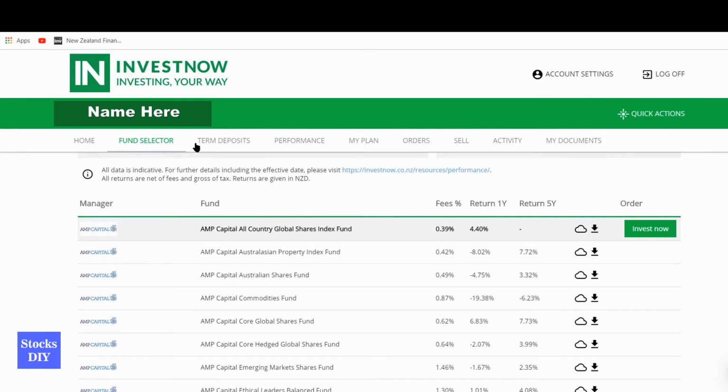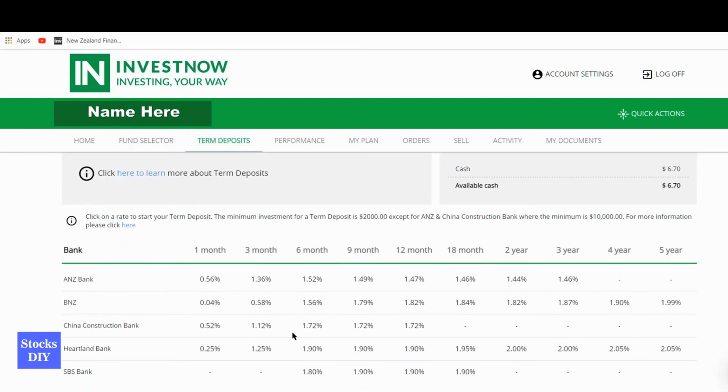Then about term deposits, they have different banks associated with them where you can do a term deposit. You can see here different terms like 1 month, 3 months, 6 months, 9 months, 12 months, and so on, with different percentages. Right now there are 5 banks in Investnow: ANZ, BNZ, China Construction Bank, Heartland, SBS. So this is an easy way if you want to invest or do a term deposit instead of going to individual banks. All your money is just here. Okay, then